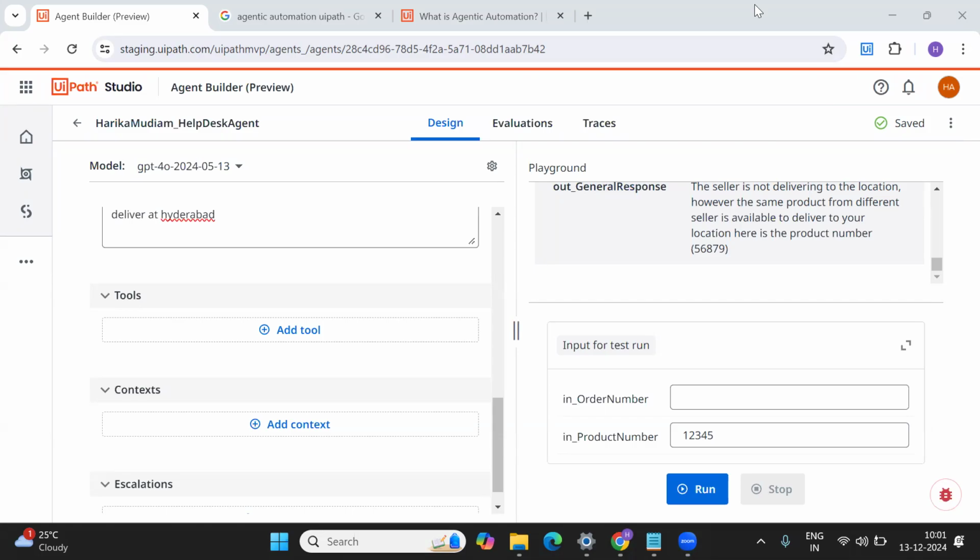So in today's video, I'm going to talk about Agent Builder. We all know that agentic automation is a buzzword of this year, right? Everywhere we can see there are a lot of talks and discussions about it. Today I'm super happy to show you how you can build your first agent and how simple and easy